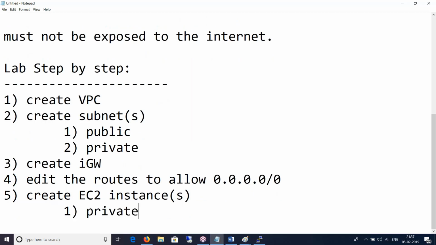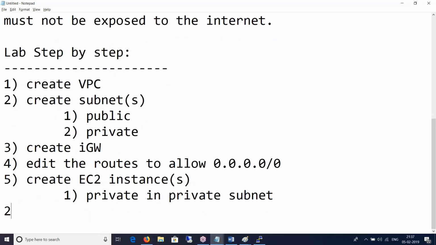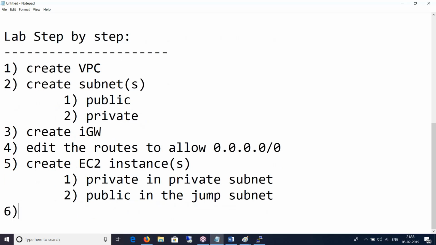One will be private, in the private subnet, and the second will be public, in the jump subnet, right? Once they are created, the next point will be adding the security groups.